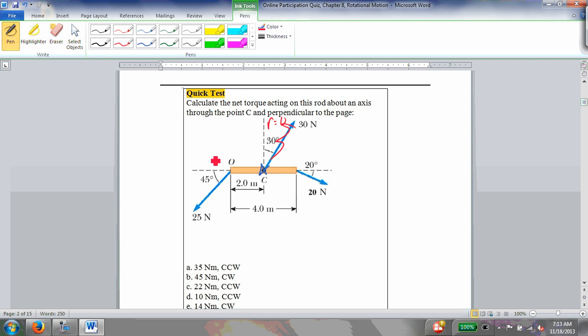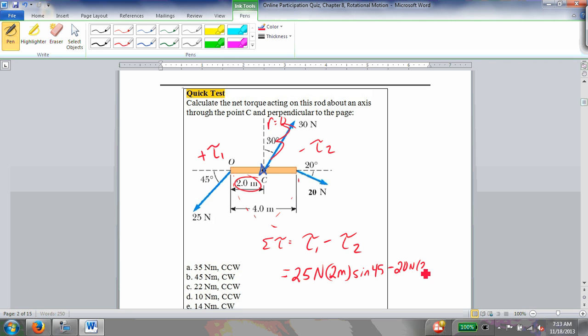At this point, the torque acts counterclockwise, so I'll call that plus torque 1. And this one acts in a clockwise fashion, so I'll call that minus torque 2. So my net torque is torque 1 minus torque 2. That's that force, 25 newtons, times r, the distance to the axis of rotation, which is 2 meters, times the sine of 45, minus torque 2, which is 20 newtons, times 2 meters, times the sine of 20